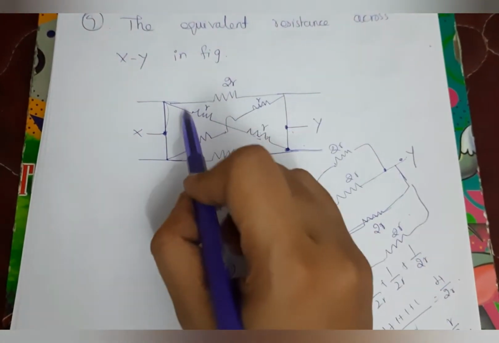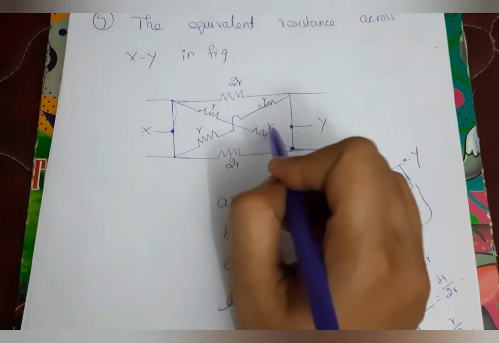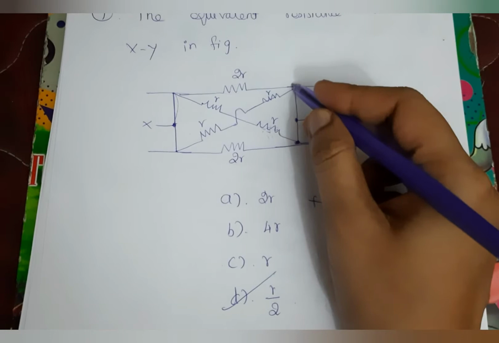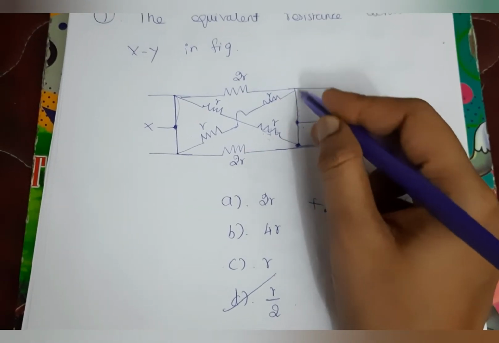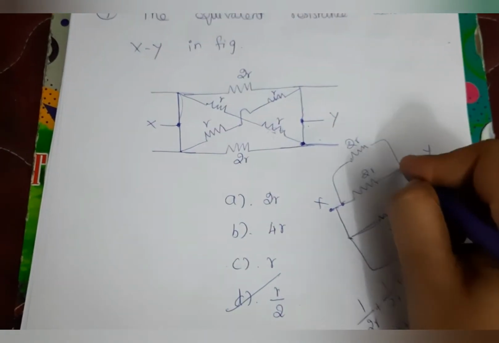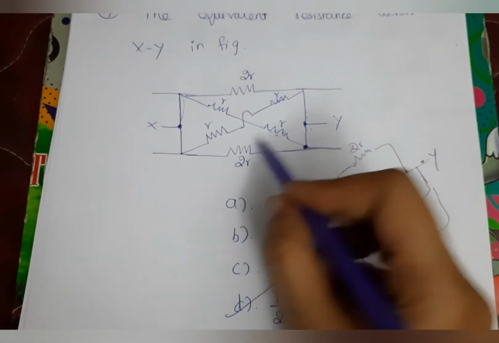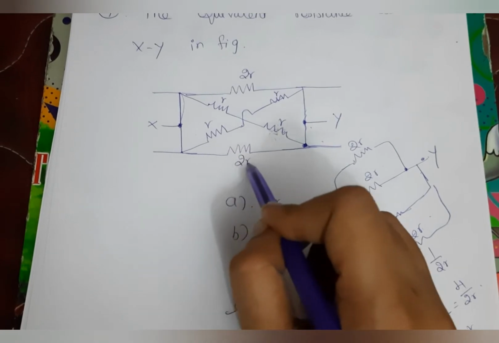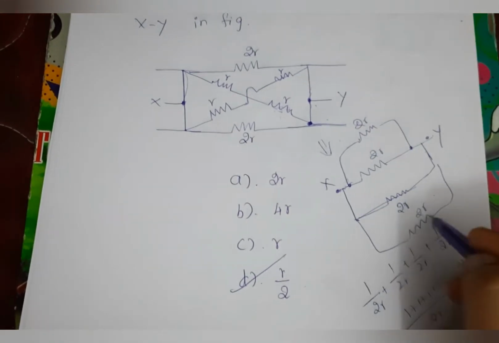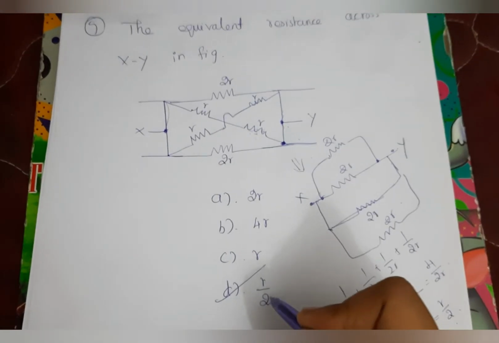So the connection we can get, there is no connection between this line and this line, so these two are series connection, so we can reduce this by adding these two resistors. So R plus R becomes 2R, and this line entirely has no resistor, so this is entirely the Y line, so this 2R resistor is connected to Y. So considering this, we can redraw this like this, X connected with this Y. Similarly the bottom side also, this 2R and this also 2R connected like this. So this circuit is equivalent to this circuit, and these are parallel connection, and reducing this we will get R by 2 as an answer. So here the answer is D.